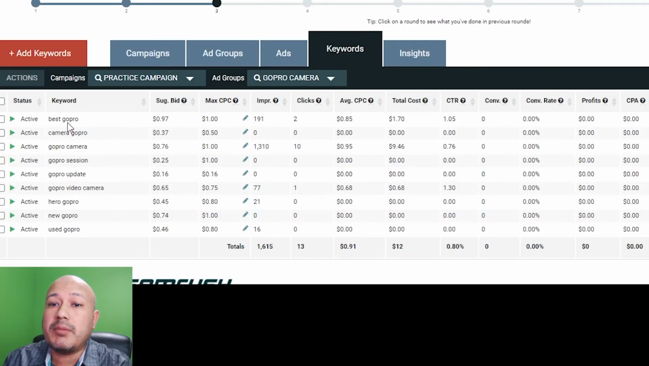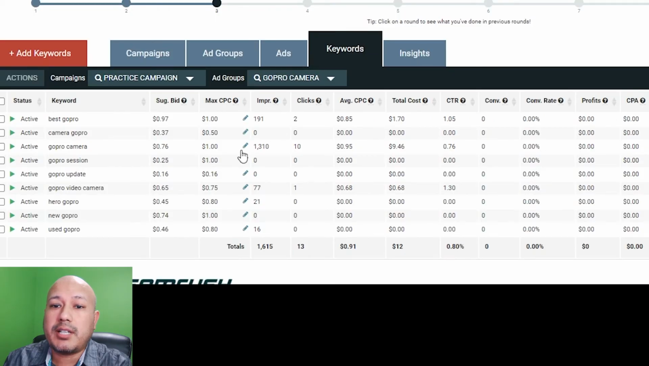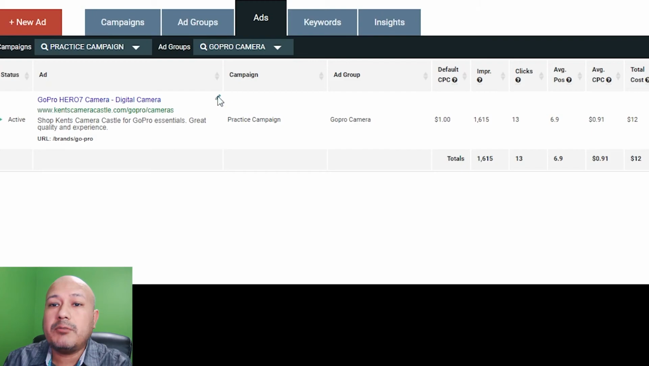So somebody is typing "best GoPro" and your ad shows up. I would say that it's unlikely that they will actually be interested in this particular ad, right? So if somebody is typing in "used GoPro" and your ad will show up, then it may not be that relevant to the consumers, which means that there will not be any conversion even if your ad actually did show